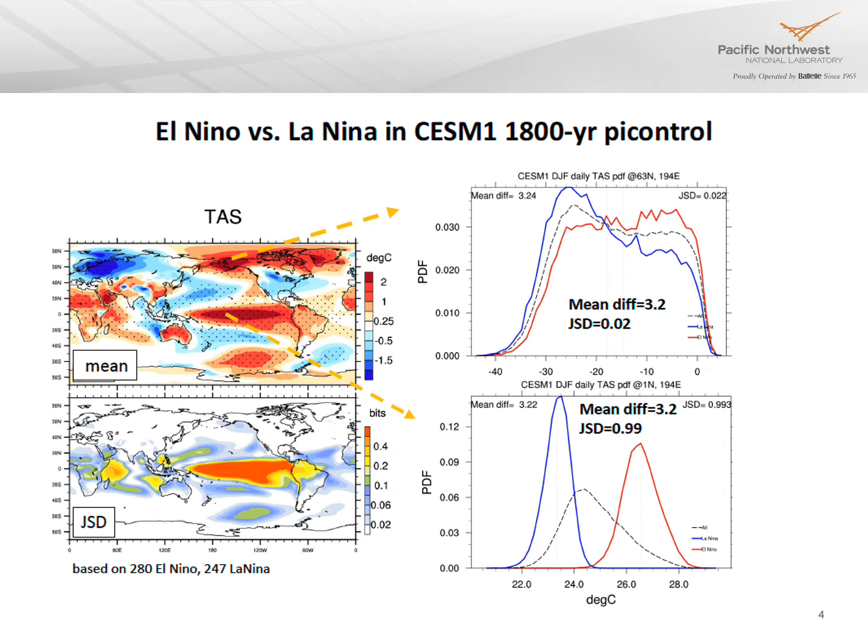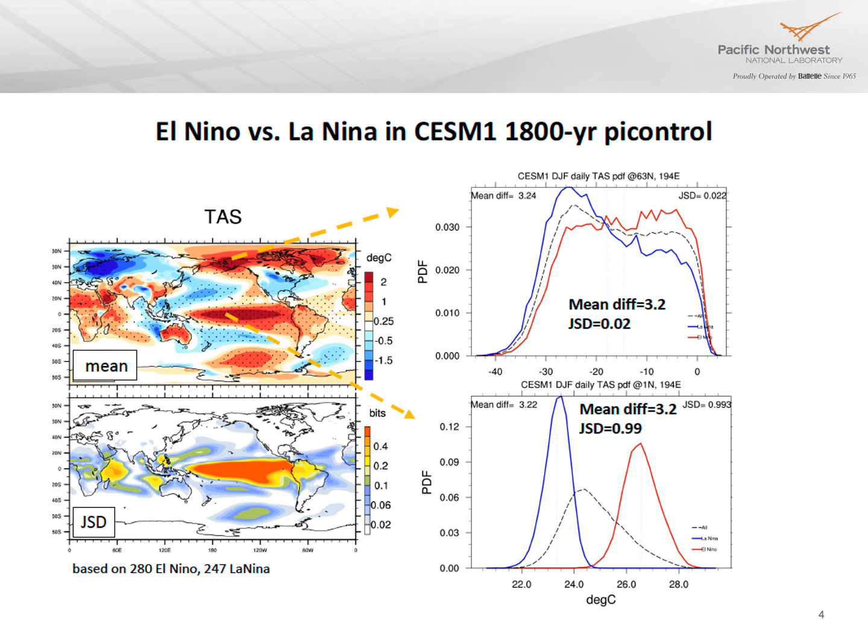Now let's look at how much information we can get from ENSO prediction. From the CESM1 control run, I picked 280 El Niño and 240 La Niña events. The top panel shows the DJF seasonal mean difference in TAS, and the bottom panel shows the JSD in daily data. Regions with the largest change in the mean do not coincide with regions with the largest change in probability